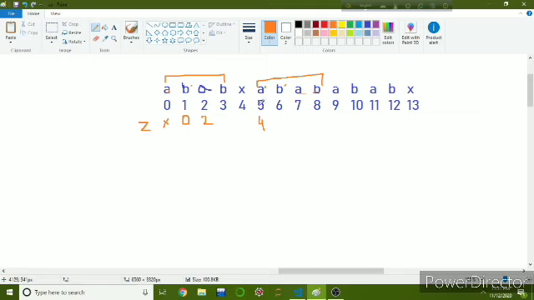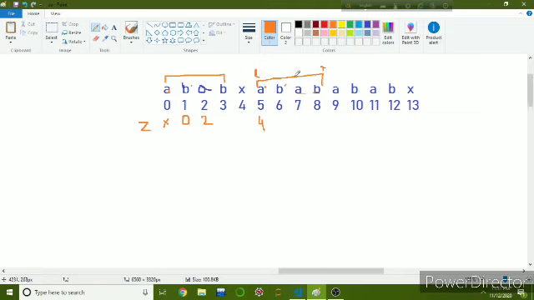Now when we are calculating the z value at index 5, we can see that we have already matched the characters at 6, 7 and 8 index with the characters at 1, 2 and 3 index. So we name this segment as LR.